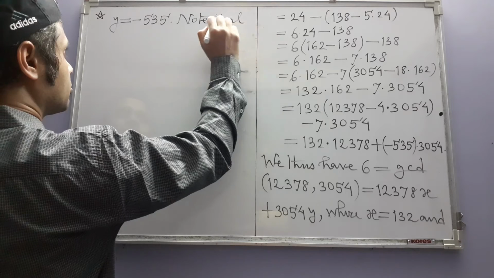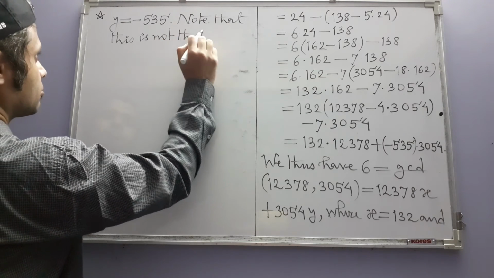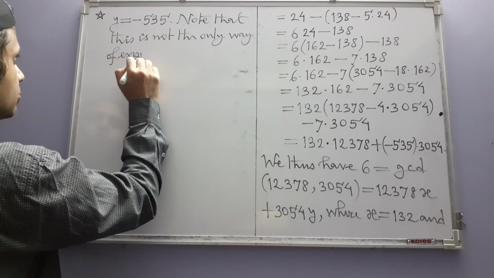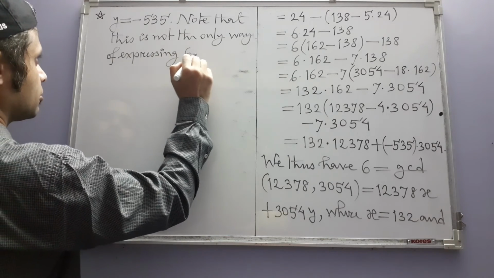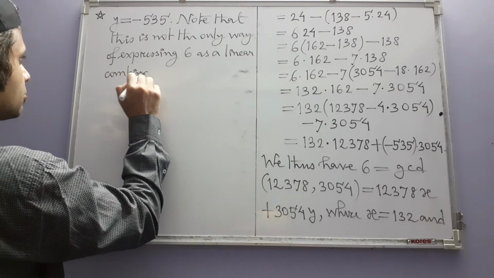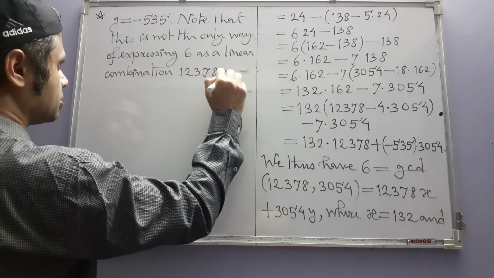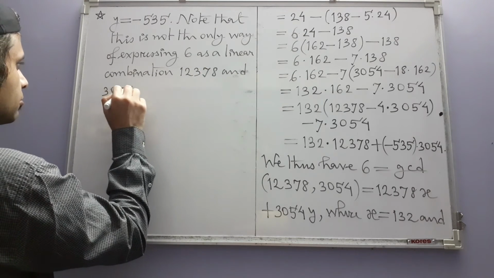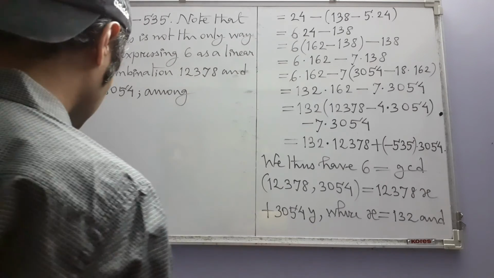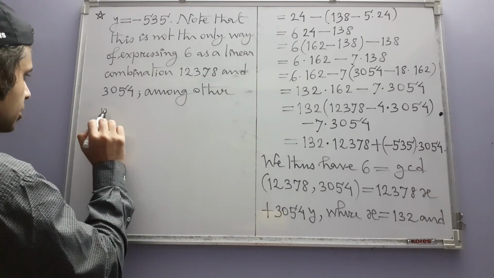Note that this is not the only way of expressing 6 as a linear combination of our numbers. Among other possibilities,